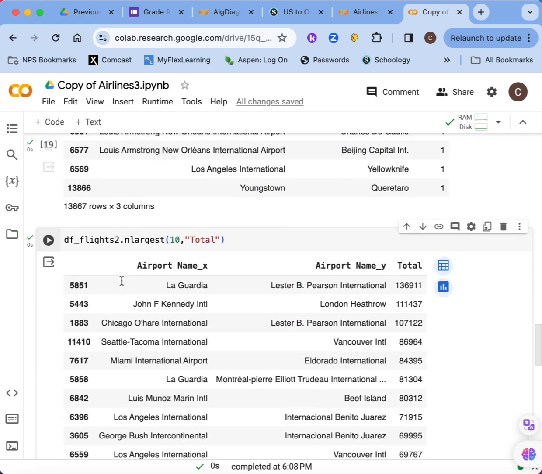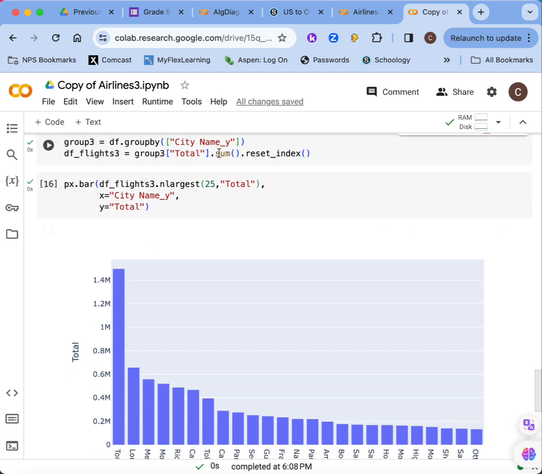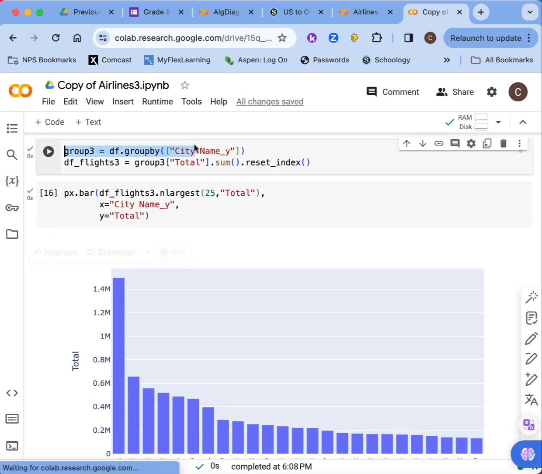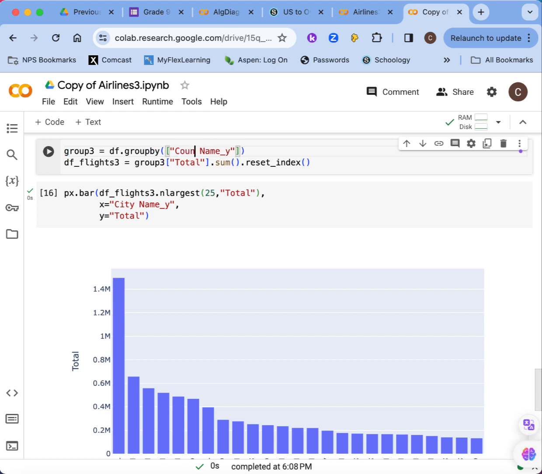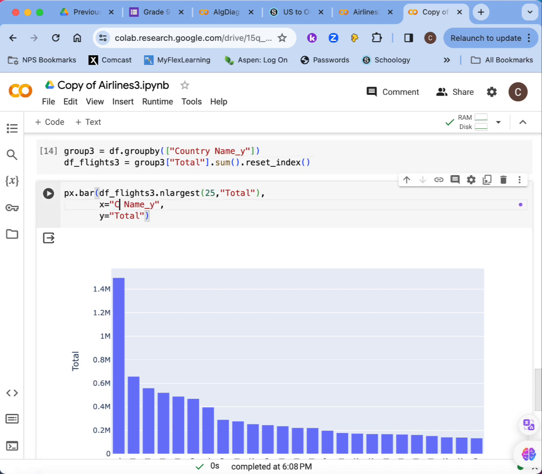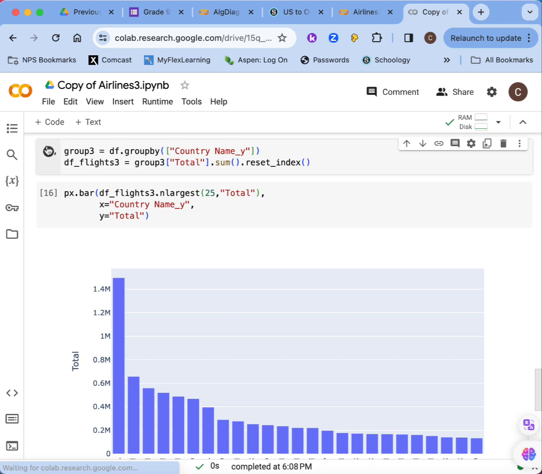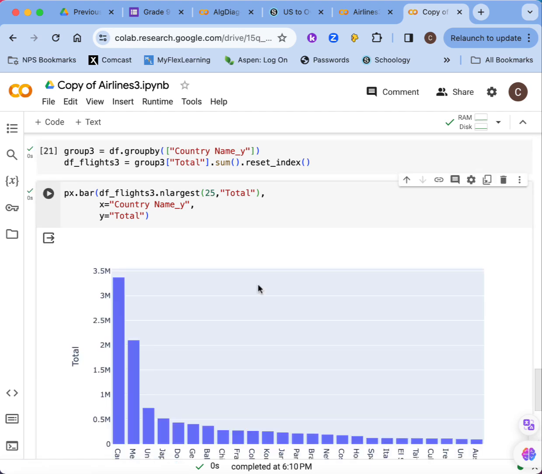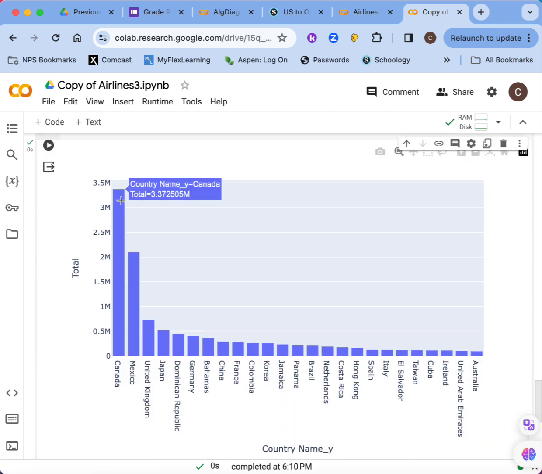And all I have to do to change this is say, instead of city name, I'm going to make this country name. And that means down here, I also have to put country, because that's what I want to show in my graph now. So I'll rerun this, and now I can see, okay, the most common destination is Canada,